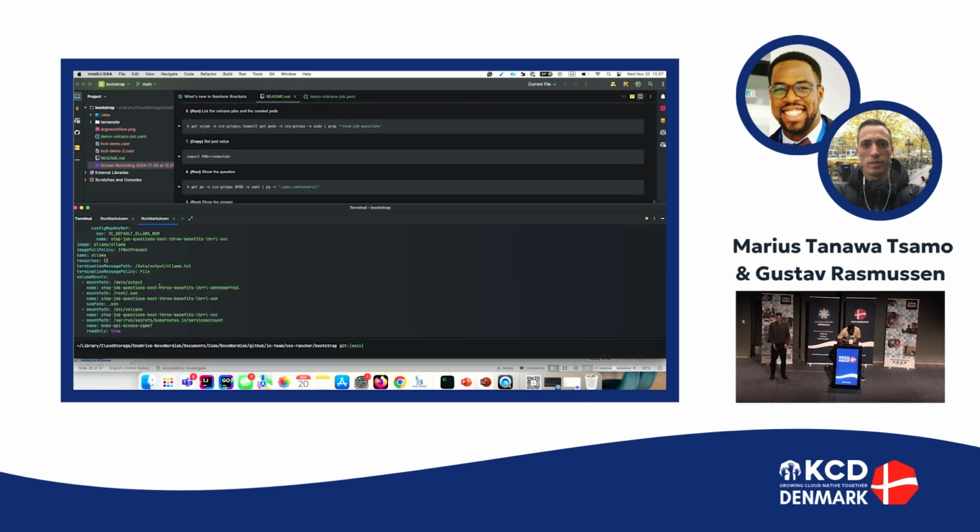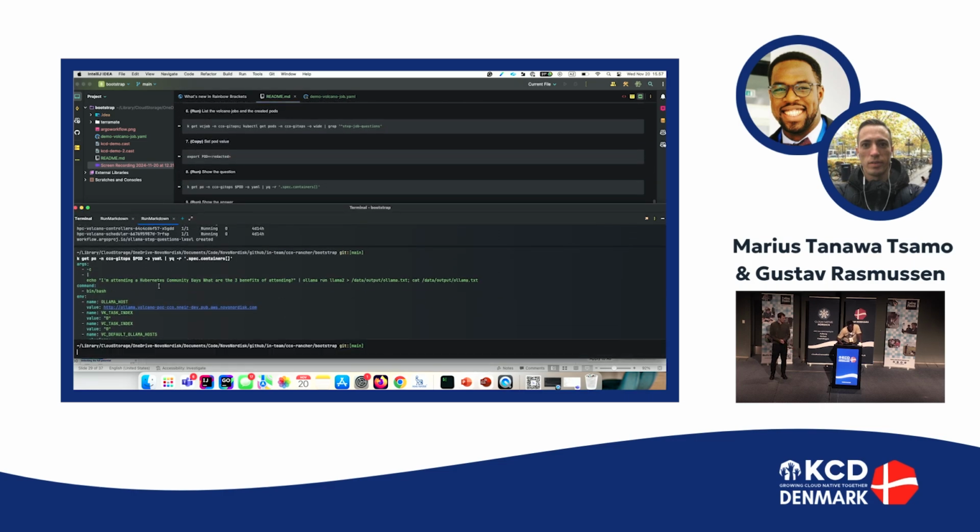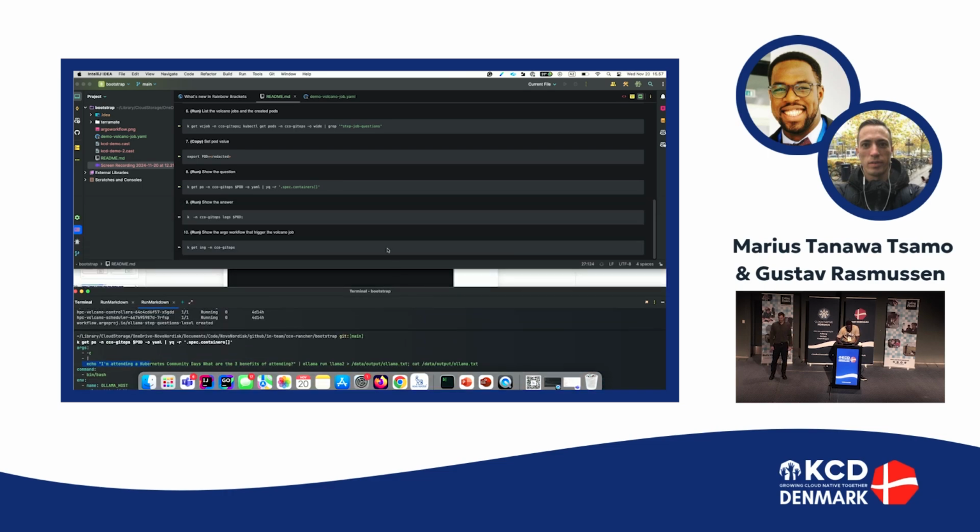The screen is very small. But anyway, what I wanted to show you is that what I'm doing basically on the pod that is running on the job is triggering Ollama, passing a question. I'm just asking, what are the 3 benefits of attending the Kubernetes Community Days? And I'm writing it in a file because I want to use that file in other containers to pipe it, but I'm not going to show it because I'm a bit out of time. But if you look at the ingress,